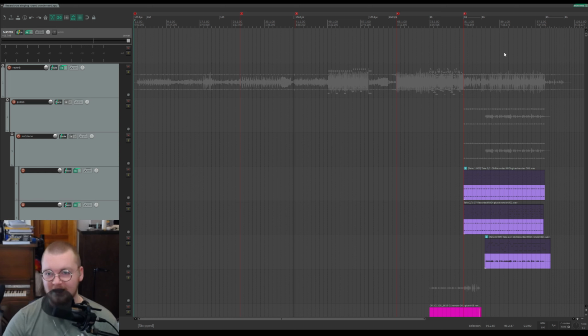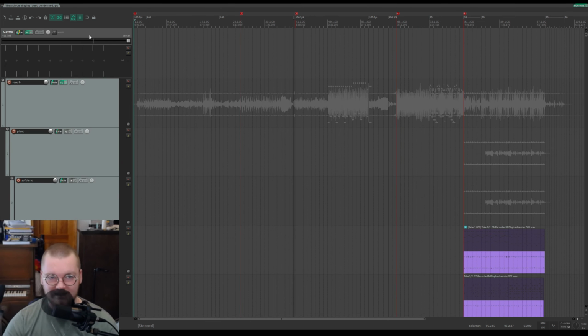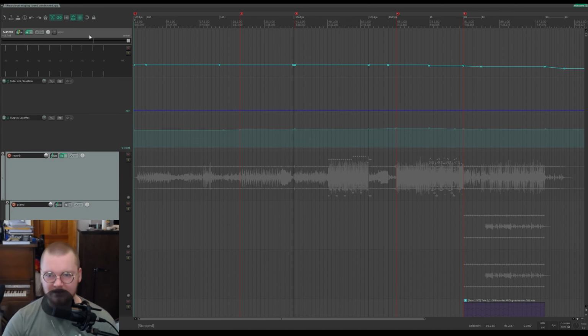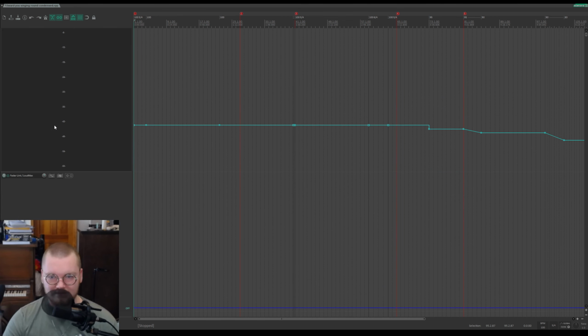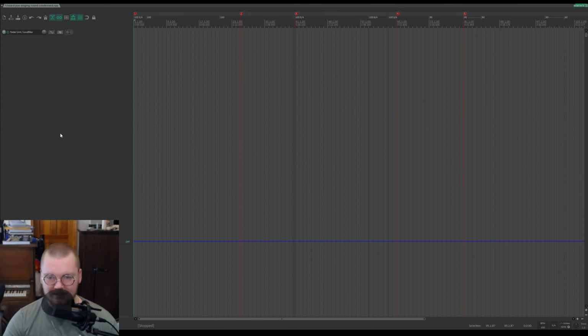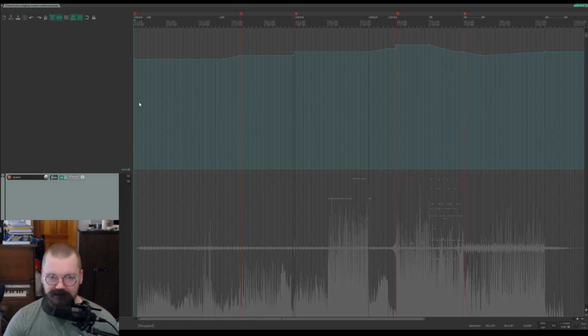Yeah, anyway, the other thing I wanted to talk about with the master is the fact that I automated the output of the LoudMax plugin. So let's look at this. This is the automation up here, and it starts at -14 and then goes up to, well, I'll play a little bit from each section. So all this is at -14.